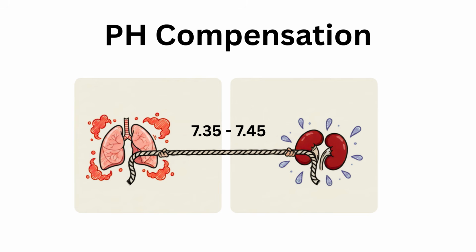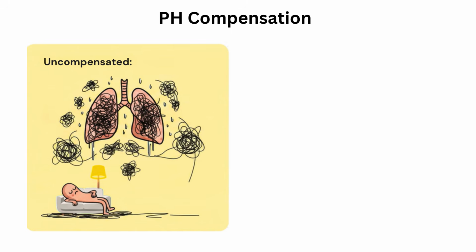If the lungs are failing, the kidneys step up to help out, and vice versa. To remember the stages of compensation, I want you to use this relationship analogy. Uncompensated is an unfriendly, lazy partner. One organ is totally failing, and the other organ is doing absolutely nothing to help out, so the pH is